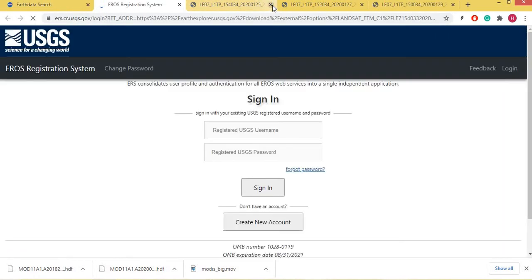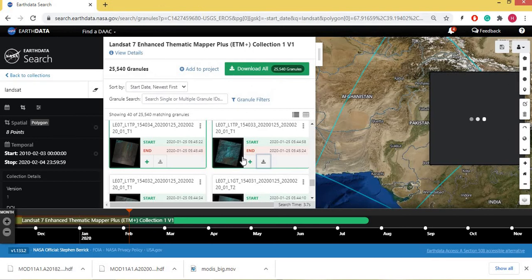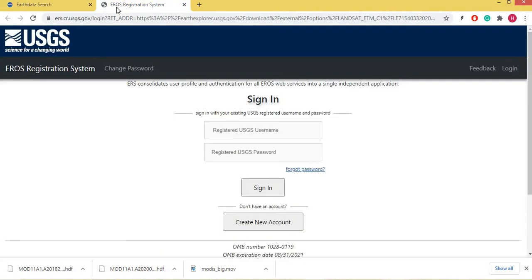You have to go to the download tab. Then you have to register yourself on this website, and you can download the data because it is available on the EROS registration system.